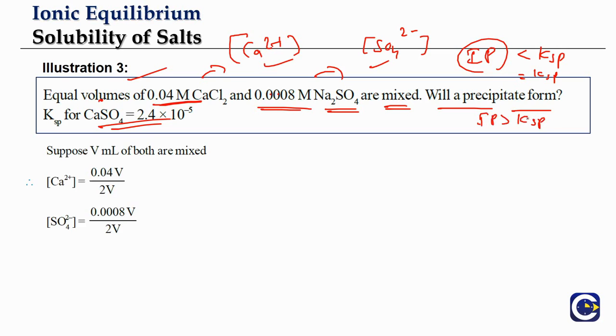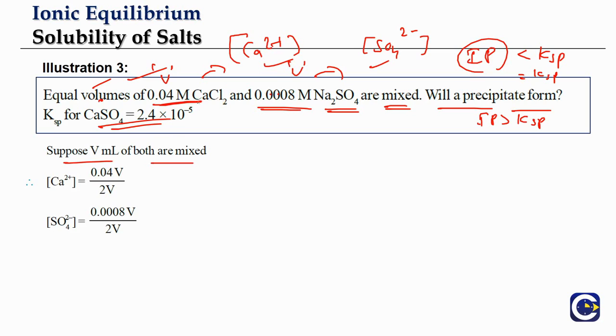Okay. So if we look at the idea of mixing of equal volumes, what do we mean by mixing of equal volumes? When we mix equal volumes of the two substances, the overall volume is going to become 2 times the original volume of any substance. Let us say this is volume V, this is volume V. When we mix both of them, the overall volume is going to become 2V.